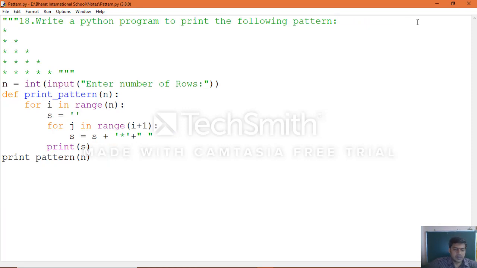Write a Python program to print the following pattern: n equal to input, the total number of rows, and create the function print pattern, then calculate the result within the loop, the s value which we are assigning. The star is the print pattern which you can see.